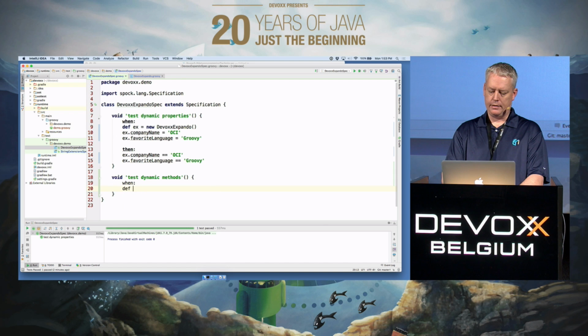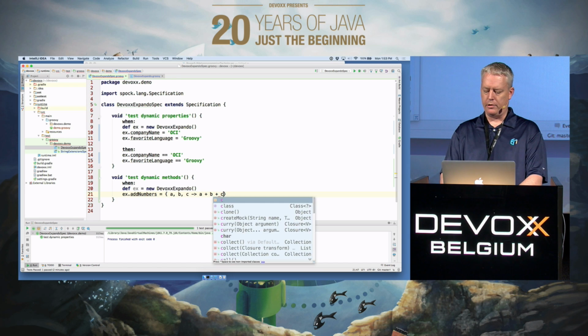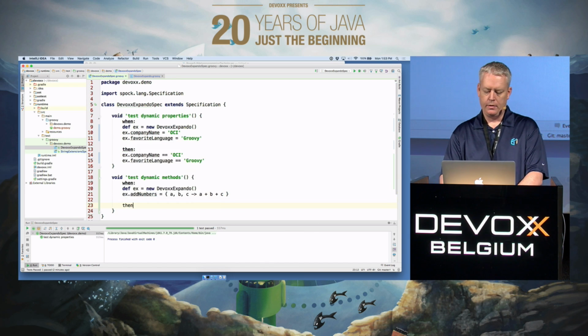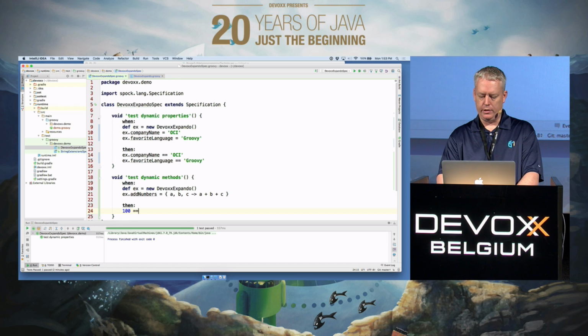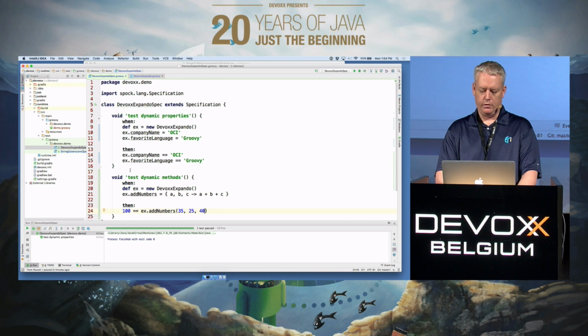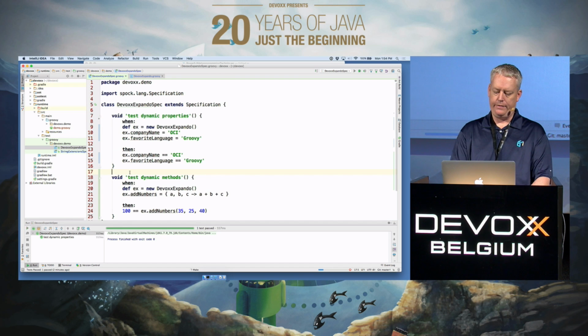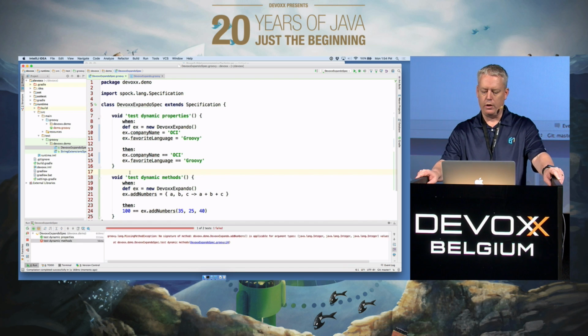It will look something like this. Right, so that closure accepts 3 parameters and simply returns their sum. And we'll say 100 is equal to ex.addNumbers. Is that right? Yeah, that looks right. So let's run that test, and I expect it to fail, and it should fail at line 24,